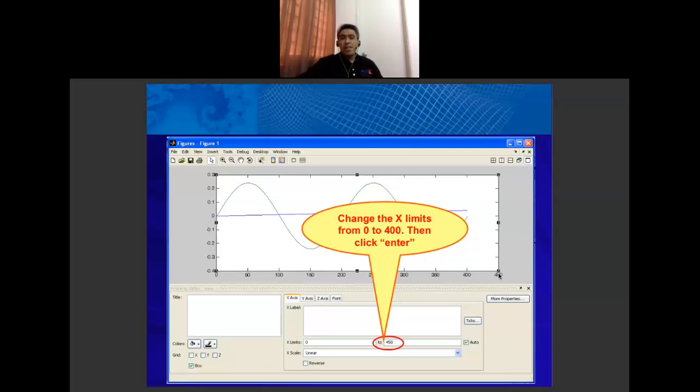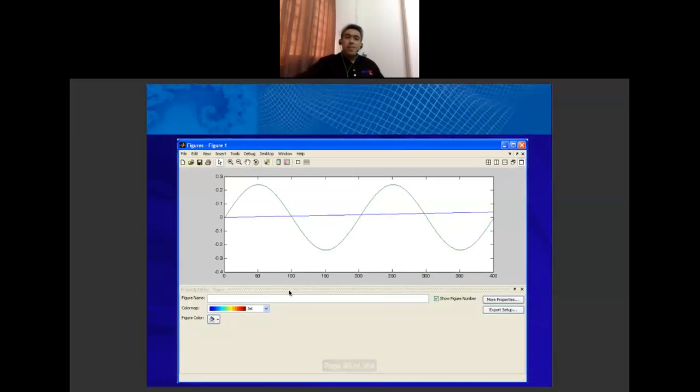So now change the x limit from 0 to 400, up to 400 only. Then you click enter. Then look at the supply current waveform. It starts from 0 up to 400.